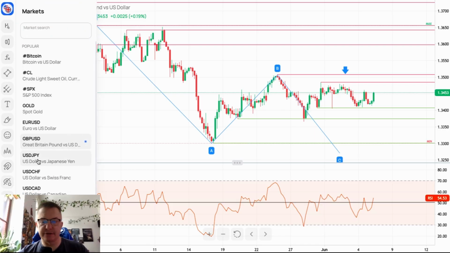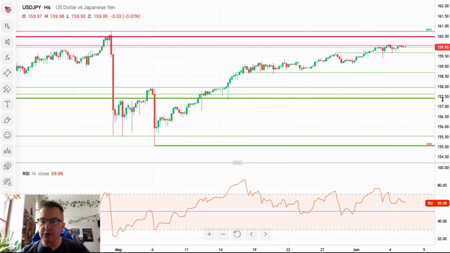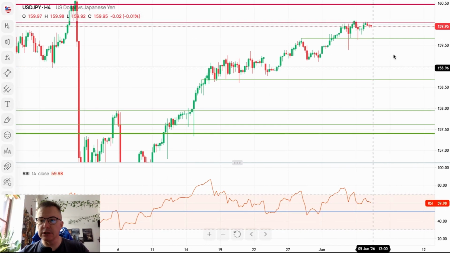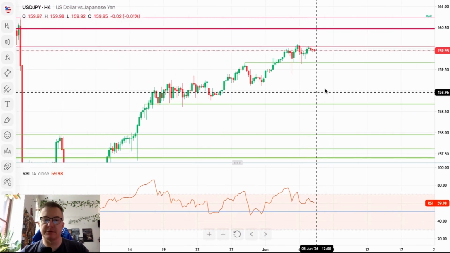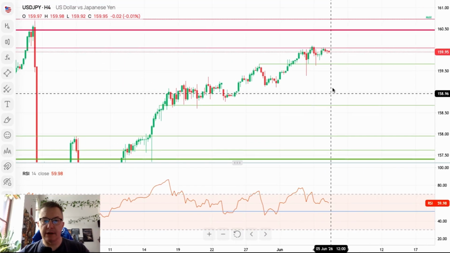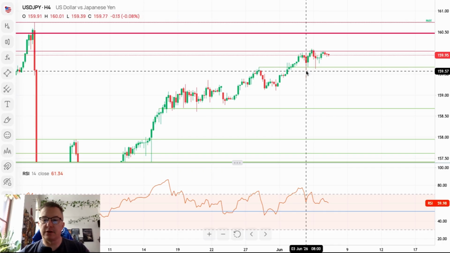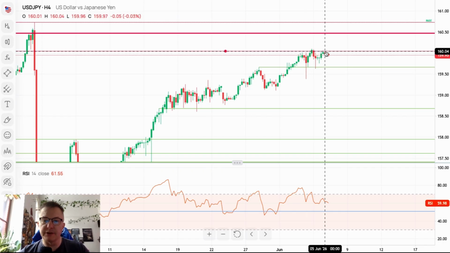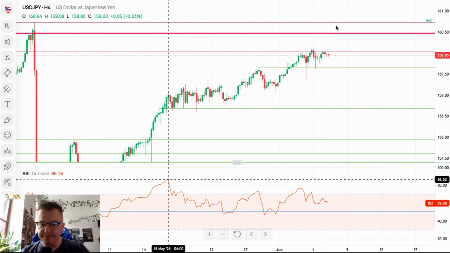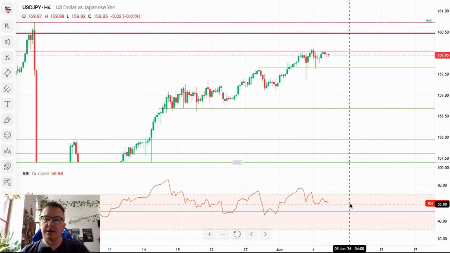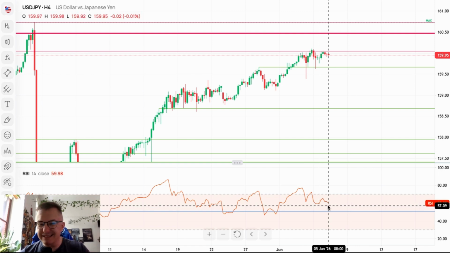Now the US dollar versus the Japanese yen, low volatility market conditions on a 4-hour time frame chart. This is our level. Let me just place my chart. This is our level of reference. So any breakout above 160.04, of course, opens the road higher. Nevertheless, the momentum is dropping lower. It doesn't actually mean that we will not move higher, but it's a close.